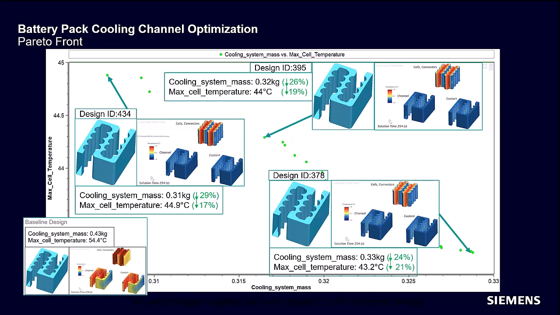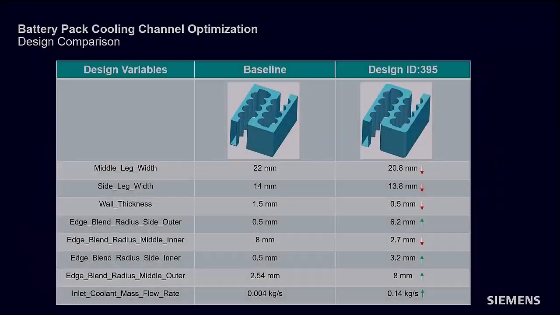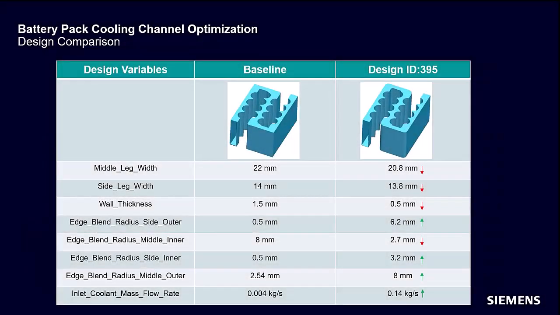Similarly, design ID 378 has the minimum cell temperature of all the designs on the Pareto front but with highest mass. Overall, all designs on this Pareto front are feasible and better in terms of both objective values than our baseline design. When comparing the baseline design to design 395, which lies in the middle of the Pareto front,